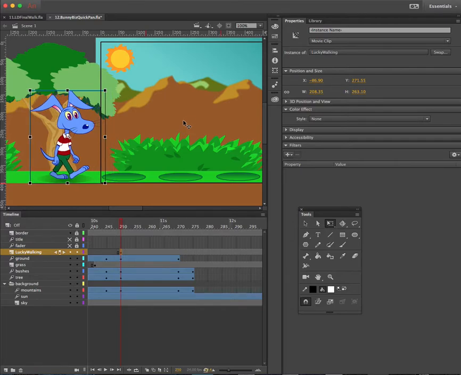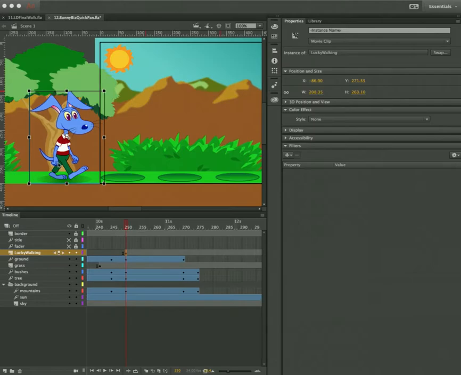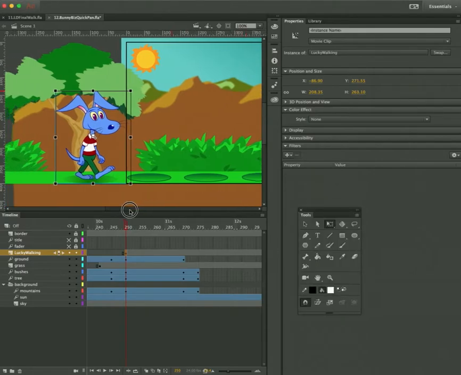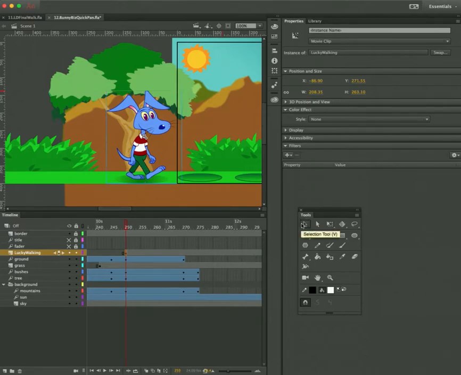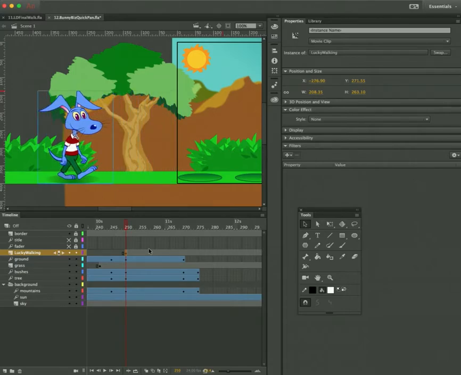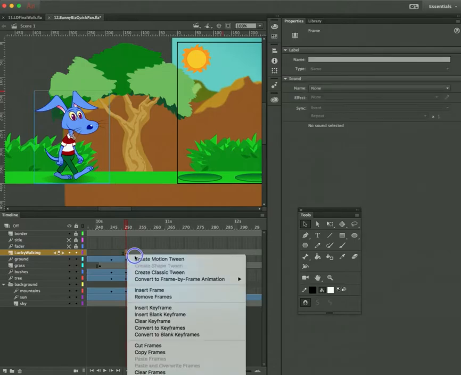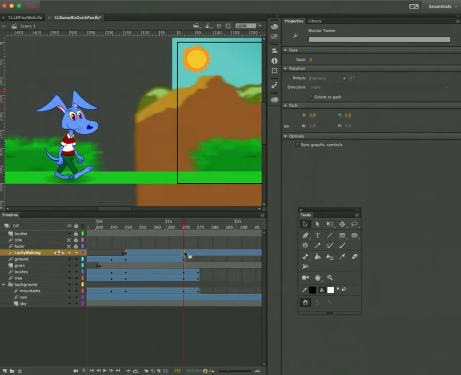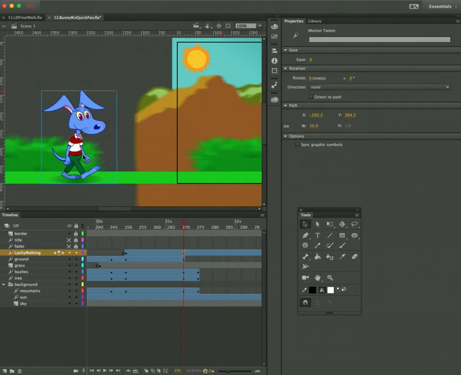Actually, as I look at this, Lucky's going to be walking into the scene, and it's going to happen too abruptly if he's that close to the stage. So let me just move him a little further left here on frame 250. There we go. Now he can kind of gradually come into the scene, which he's going to do. Let me put a motion tween on this. Control, create motion tween, and then at 270, I'll make another keyframe. And at 270, he's going to be